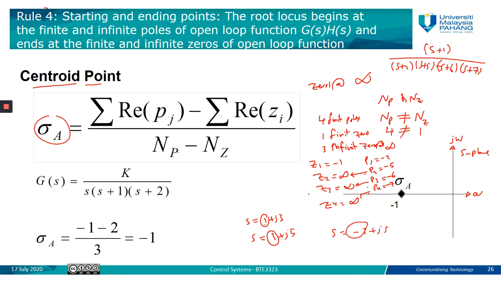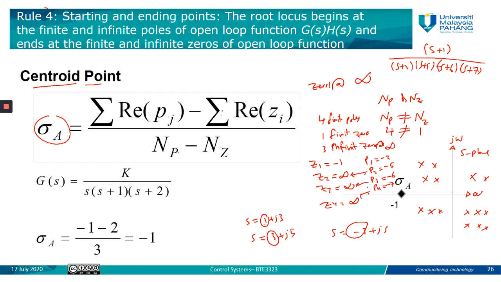It will be -3. So when we say the real part of the pole, we mean if the pole is located in this area, it's not on the real axis, it's not on the imaginary axis. So the pole will be located in one of the quarters of the S plane, so it will have a real part and an imaginary part. In order to find the centroid point, we need to find the real part summation of the poles